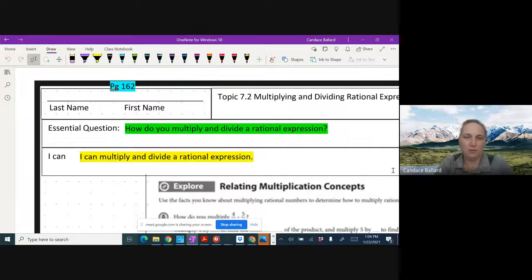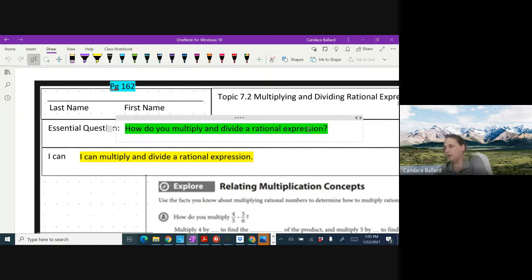Helping me make sure you understand what you are doing. Our goal for the first little bit of class is that we are going to go over topic 7.2. We're going to do the explore and explain one, and then your job during the